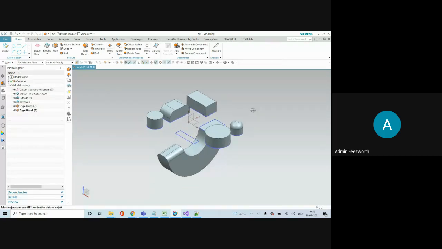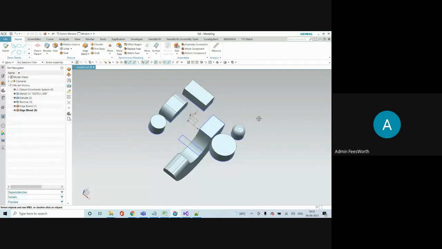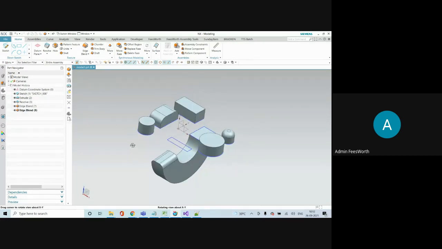All right, some are there. In your real component, you may find hundreds of fillets. What I want is, in one click, to delete them all.